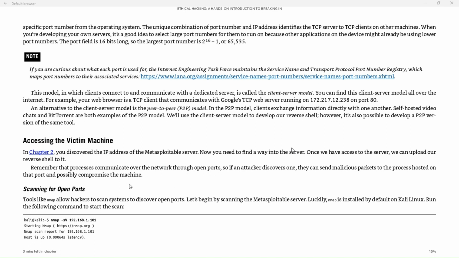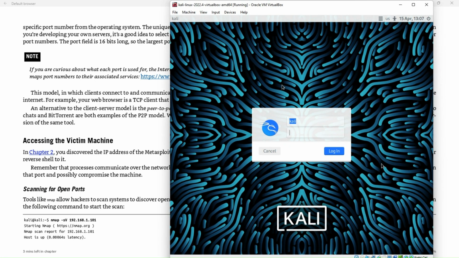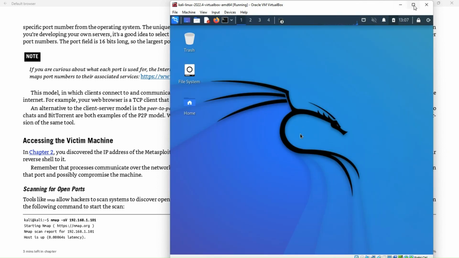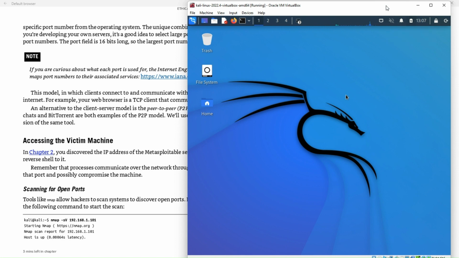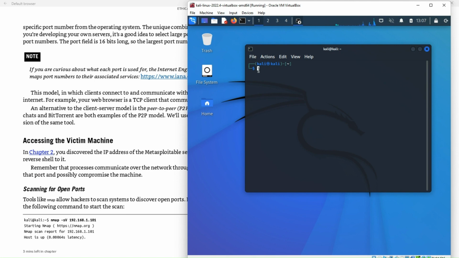Okay, so scanning for open ports. We're not gonna run this scan first. We're gonna go back to our Kali Linux box, and we're gonna open that up. See how it's already the right size, so I can see the scans too. So I've done this, okay? Now I'm gonna click on here, and I'm gonna press up because I already have the